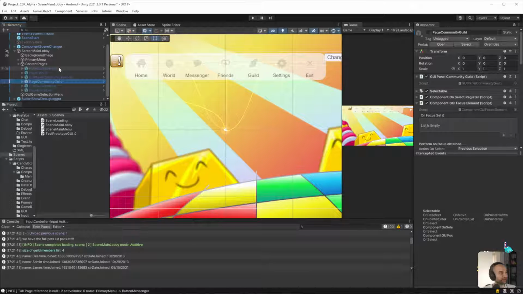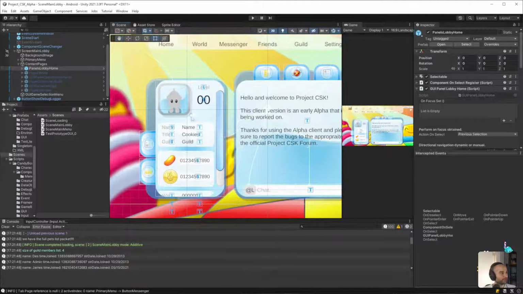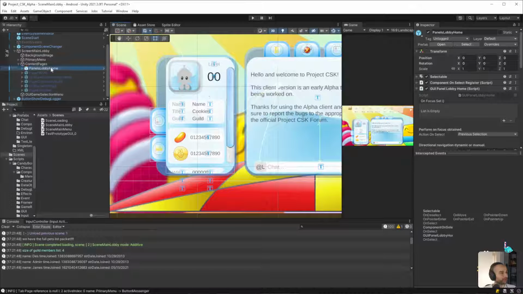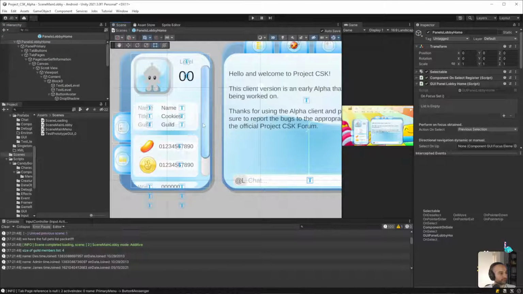those little things make a lot of difference over time. Okay, so we'll go to the home, and then we'll go into, actually, I want to go into this prefab. So if you hold Alt and you click on this little arrow, you go into the prefab in this state.